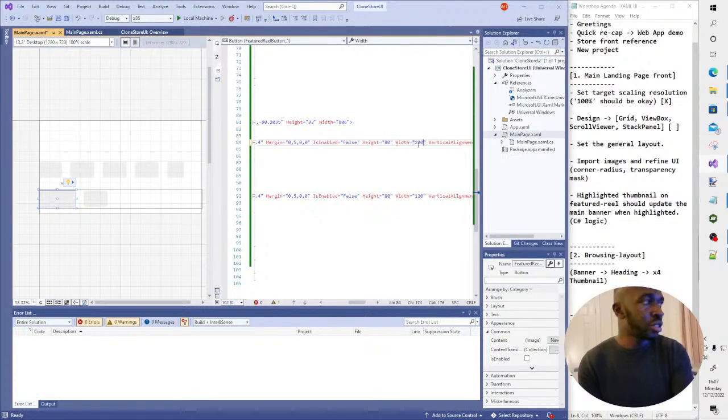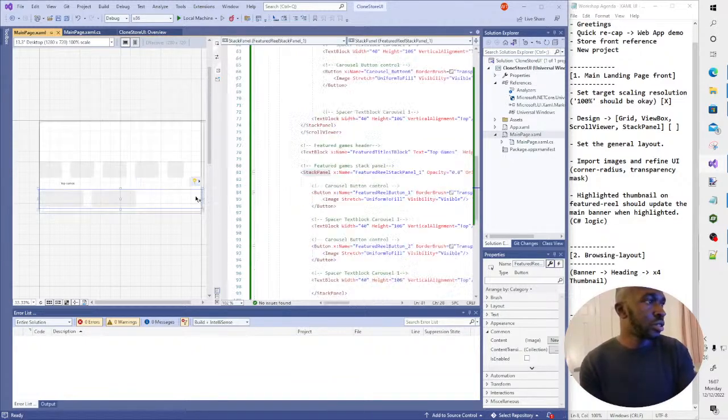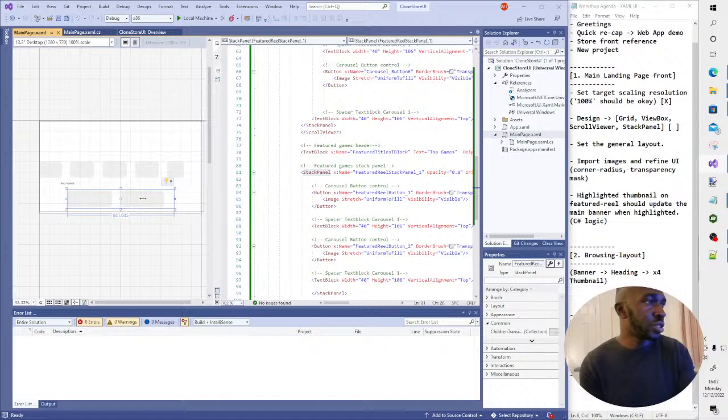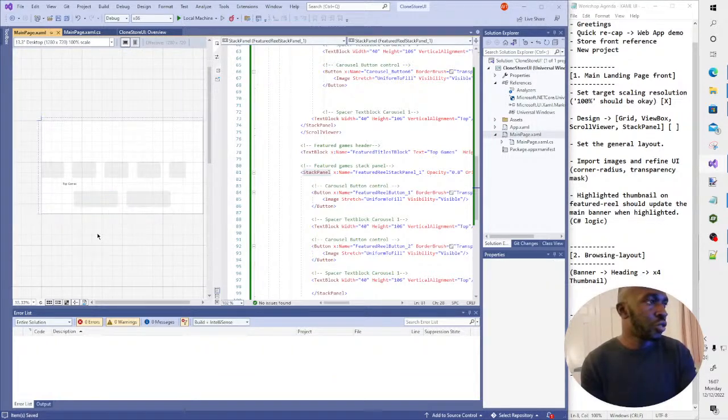Maybe like 220. 220 might be kind of cool. So reduce this. Okay. Corner radius looks quite nice. The little curvature doesn't look too bad. And then